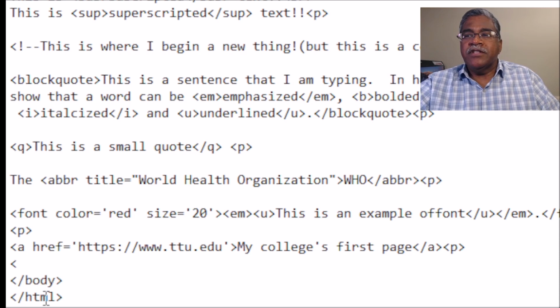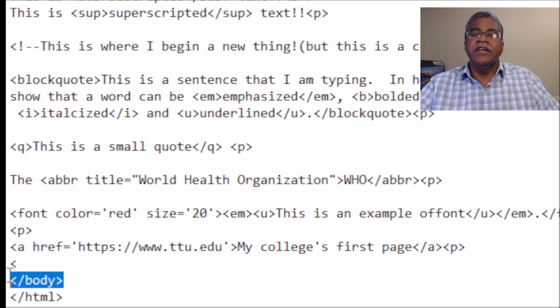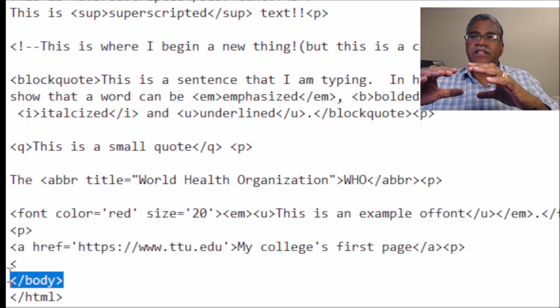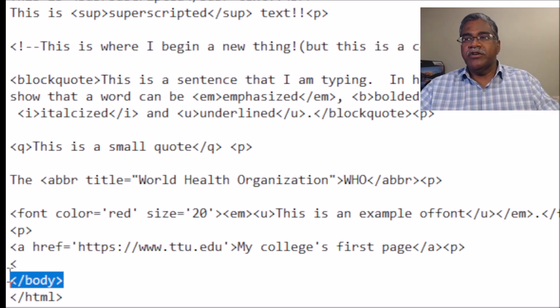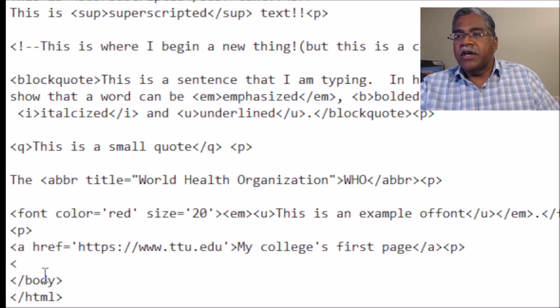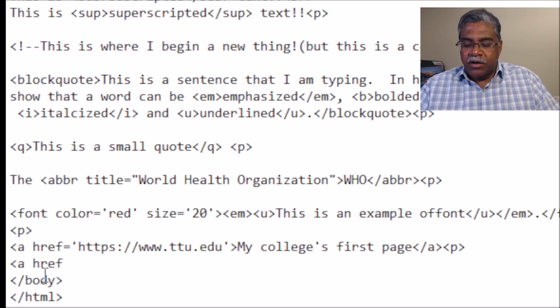Now, while we are doing this, remember something. I had created the HTML at the very beginning, and everything is being typed inside it, right? I had created the body. Everything is being created inside the body. So again, it's always a good habit, if you're going to start a tag, to end the tag, and then anything that's associated with the tag will go in the middle. Now, if I wanted to create the same website, but I wanted it to open in a